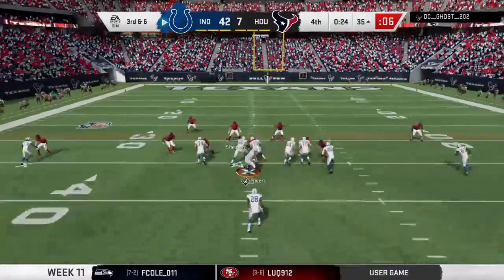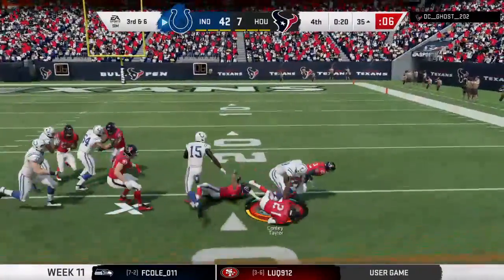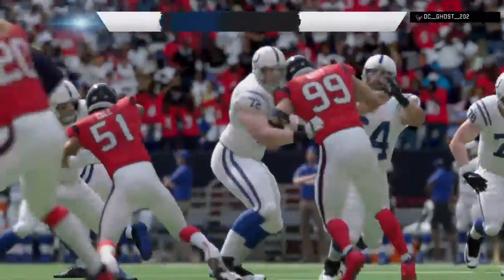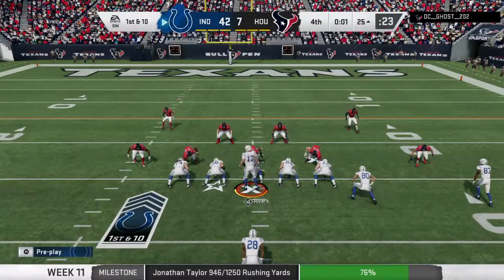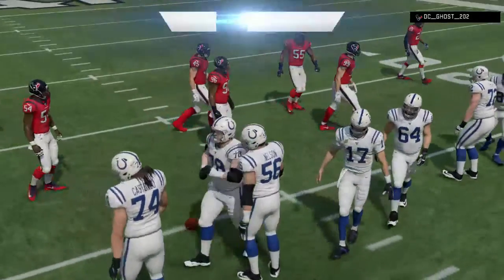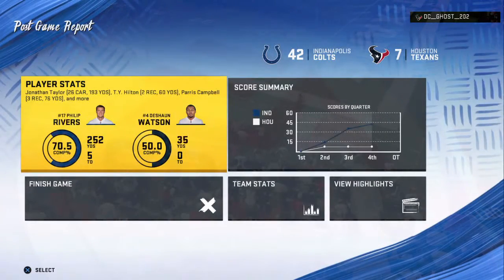He's checking quickly. On 3rd down, Taylor. And they're able to get this one past the 30 to the 25-yard line. That's good for an Indianapolis 1st down on a gain of 10. Mike, 45. 1st down. Let's go. Let's do it. Today's final score, Colts 42, Texans